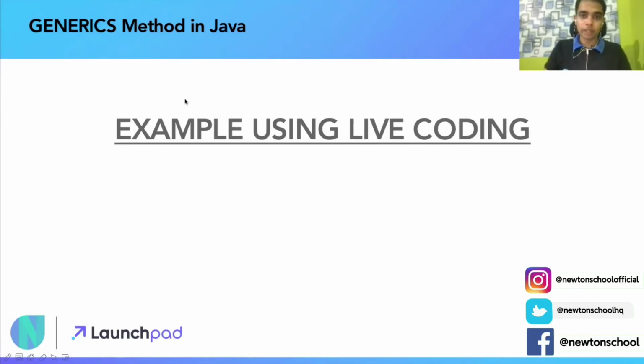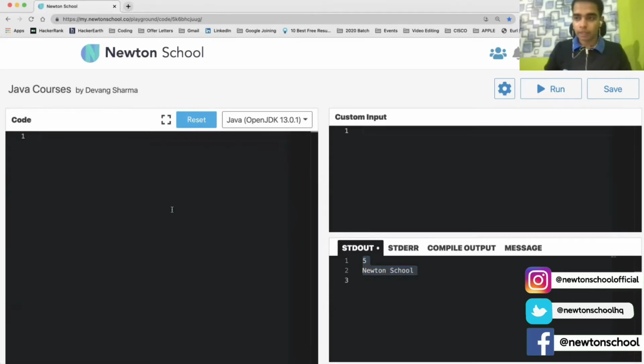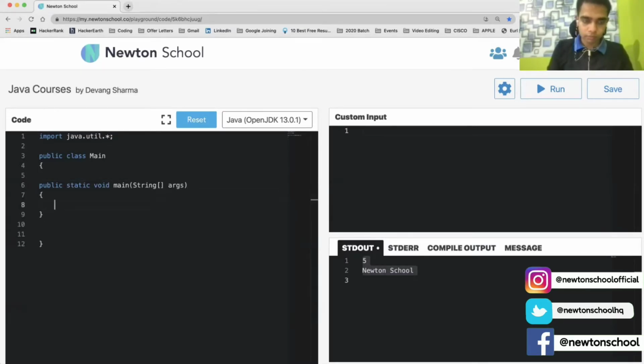Let's see this with live coding using the Newton School IDE. Let's delete the previous code and code the generic method. Before that, let's define a generic method in Java.